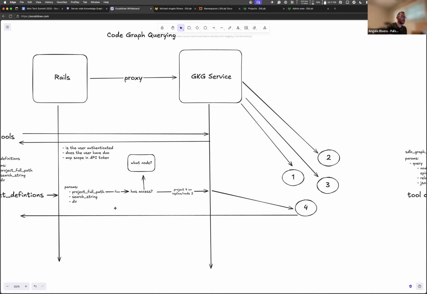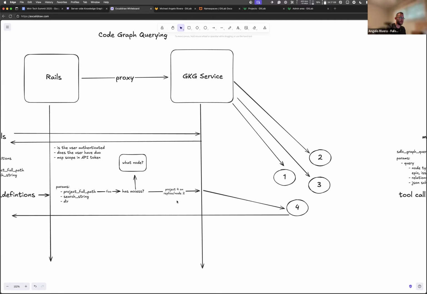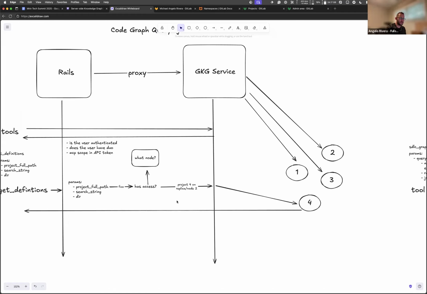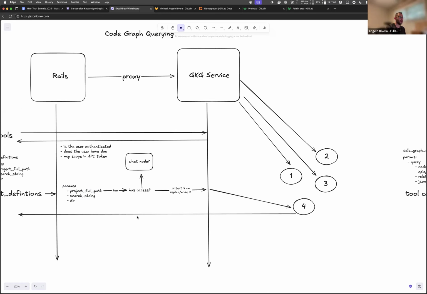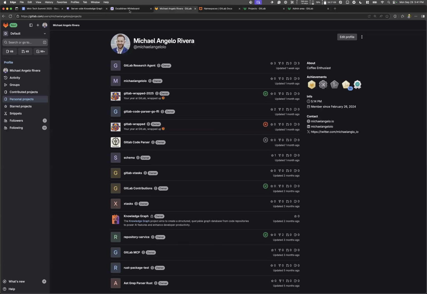And then what'll happen is Rails will parse this. I don't really necessarily like this, but the fact that we don't have an auth service is basically the reason why we can't do it. But it'll parse the JSON body, look for this project full path. So this will need to be a requirement for every single query for the code indexing, so that we can have some type of authorization, right? And the path being the absolute path for that repository, a database that's inside of that global